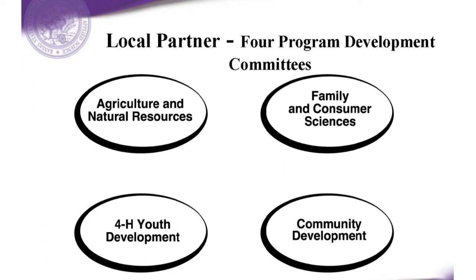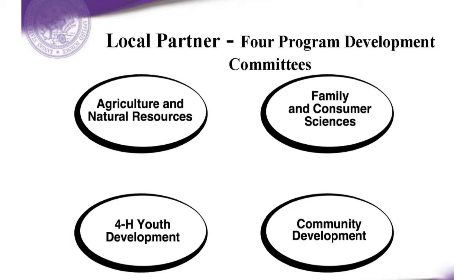Each local extension program has 4 program development committees, or PDCs: Agriculture and Natural Resources, Family and Consumer Sciences, 4-H Youth Development, and Community Development. In the county model, there are 6 members on each committee who are elected in the fall at the annual extension election. In a county, PDC members are elected to a 2-year term and may be re-elected for a second